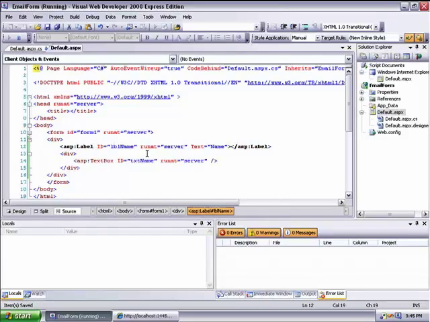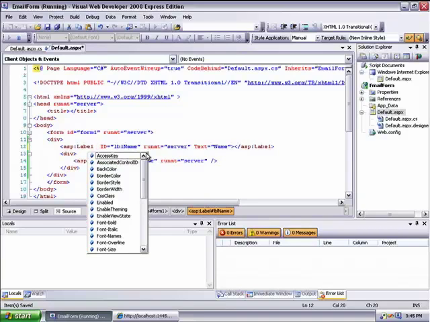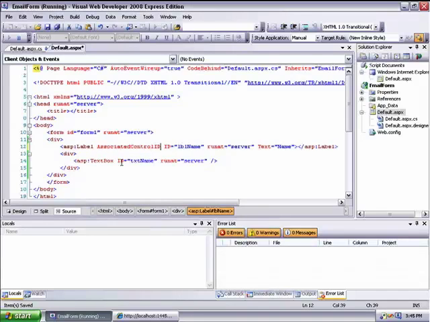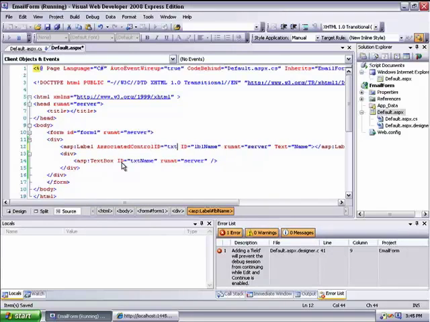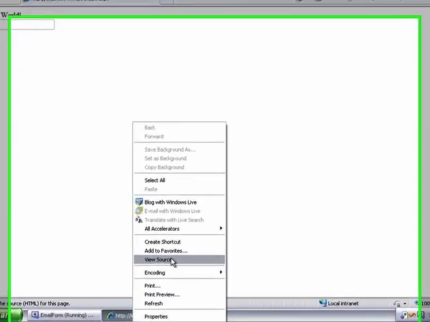Now I want to add one attribute here, and I want to add this AssociatedControlID. I'm going to double click that, and I'm going to set it to txtName. So this is telling ASP.NET that I want this label control associated with whatever control has this ID here, which is this text box. So I'm going to go back to Internet Explorer. I'm going to refresh the page, and you can see that we now have a text box added to our page here. I'm going to right click and choose View Source,